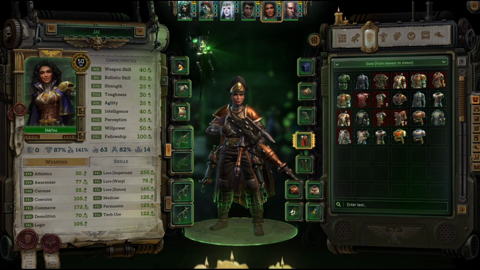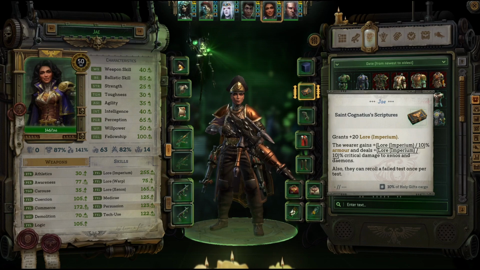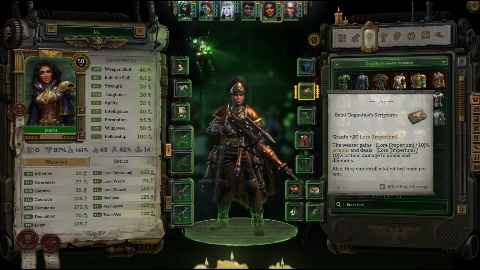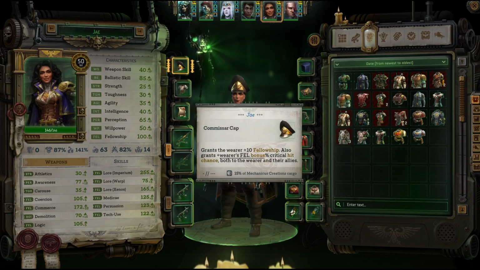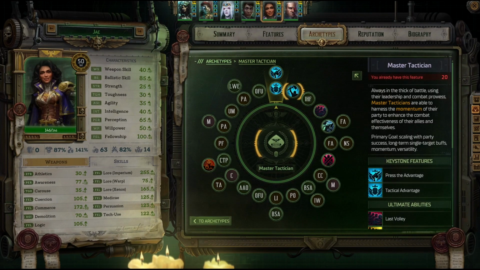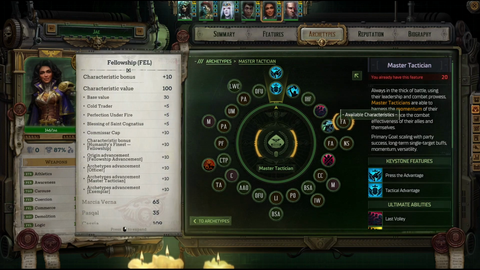This is what she's wearing. Ballistic skill, critical damage, stacking Lore Emporium to get more armor through this item. And this is kind of endgame, but it's pretty nice on her to allow her to use her special more often. Now, as for her actual abilities, so here Inspire, and here's Footsteps, Fellowship,